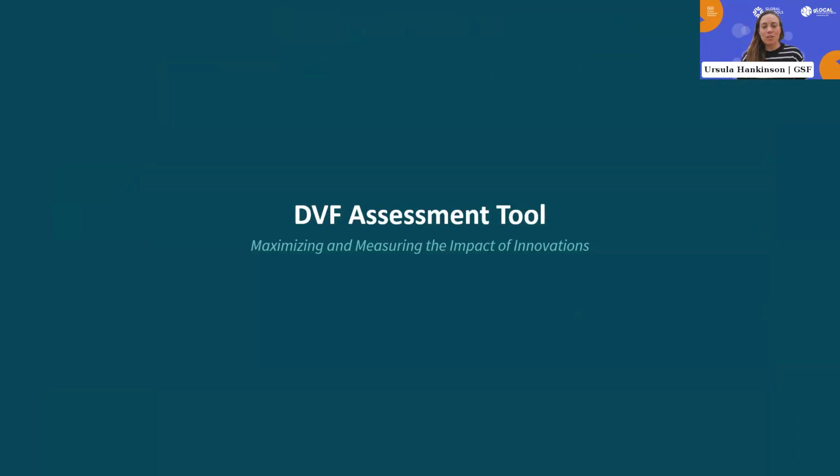I'm just going to give us a little bit of background of why we are bringing this DVF tool to this discussion, especially around monitoring and evaluation, and just give some examples of why we think this is a useful tool when we're thinking about monitoring and evaluation and the impact sector as a whole. If we go to the next slide, Habeeb.